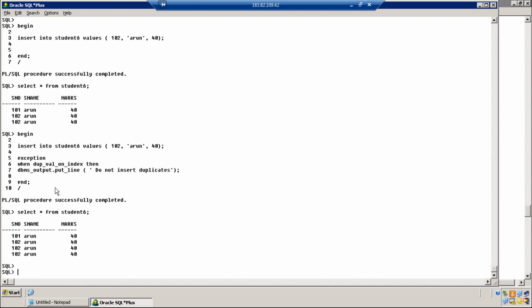In one procedure, can we have one select and then, if the result is there, update something? Suppose we are using a select query within the PL/SQL procedure that brings one record.